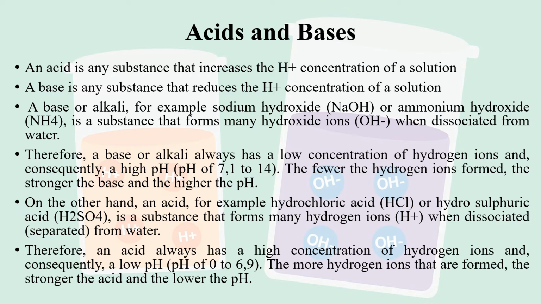Acids and bases. An acid is any substance that increases the hydronium concentration of a solution, and a base is any substance that reduces the H plus concentration of a solution. A base or alkali, for example sodium hydroxide or ammonium hydroxide, is a substance that forms many hydroxide ions when dissociated in water. Therefore, a base or alkali always has a low concentration of hydrogen ion and consequently a high